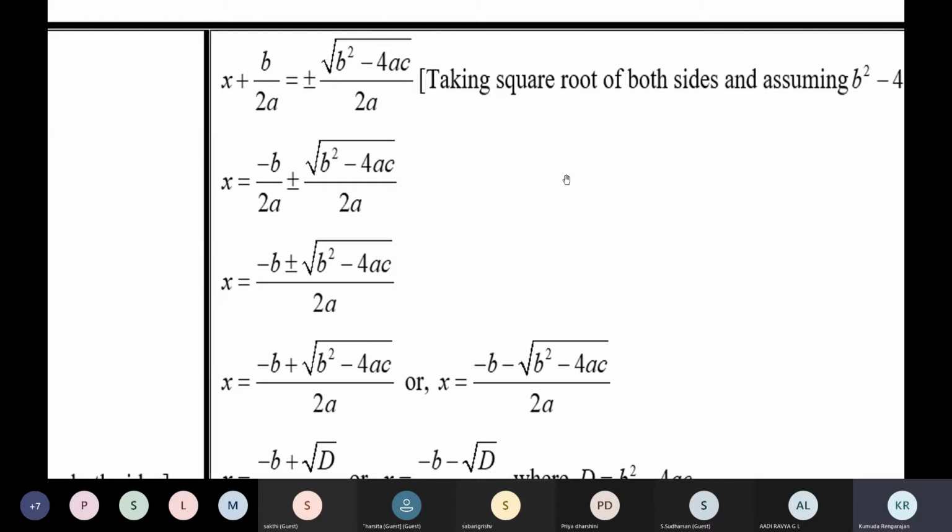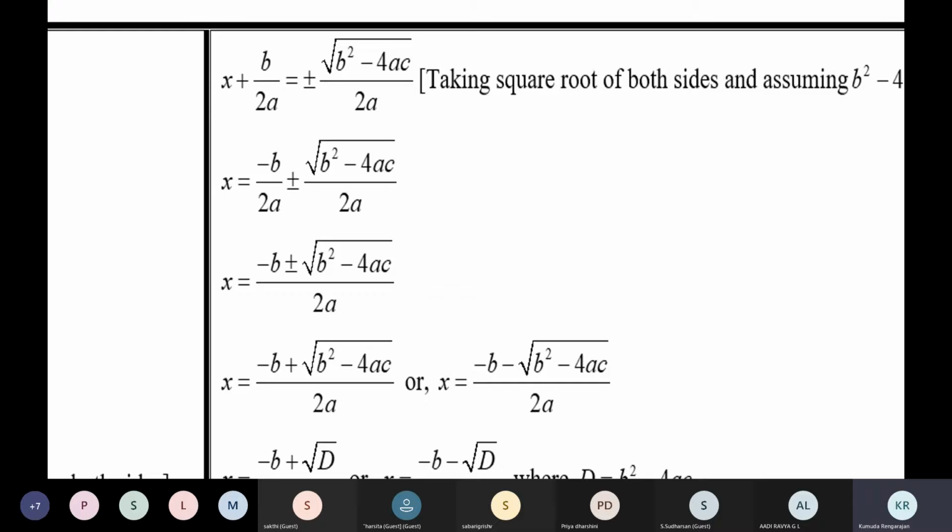Square root of minus 25. Square root of 25: in 8th standard, we have learned that when we say square root of 25, you should take only the positive value, plus 5. Minus 5 into minus 5 is also 25. Then in 9th standard, we understood that it can be plus or minus 5. So the square root of 25 is plus or minus 5.